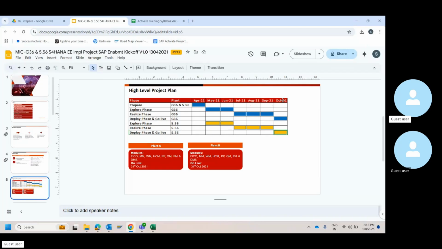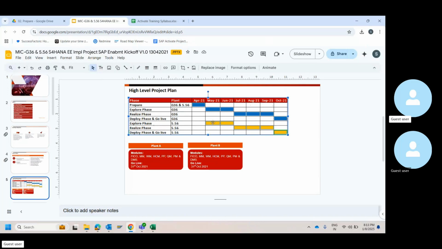This can also be a possibility, which means here it is sequential. So this plan particularly is going live by October. 5.56, which is a different plan, is also going live by October. So both are going simultaneously, in parallel, basically.